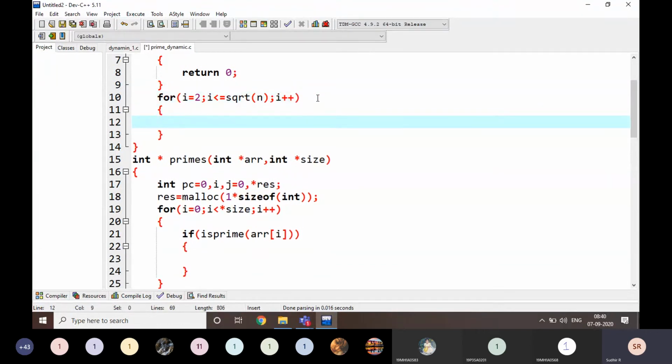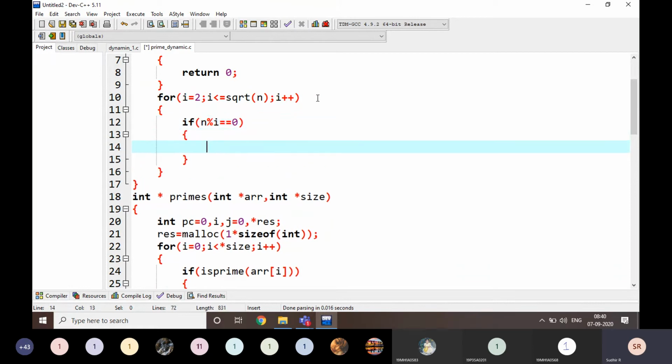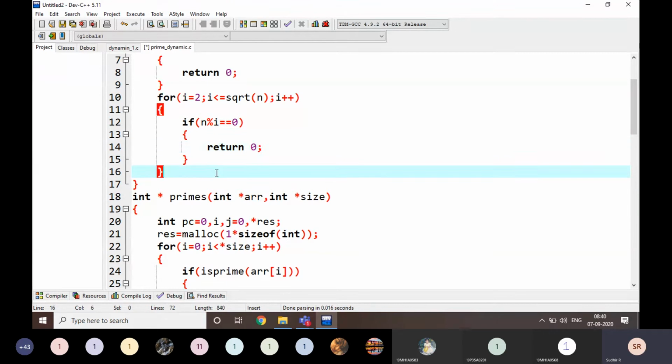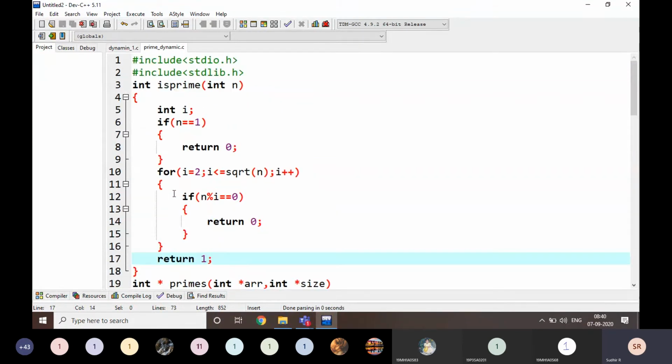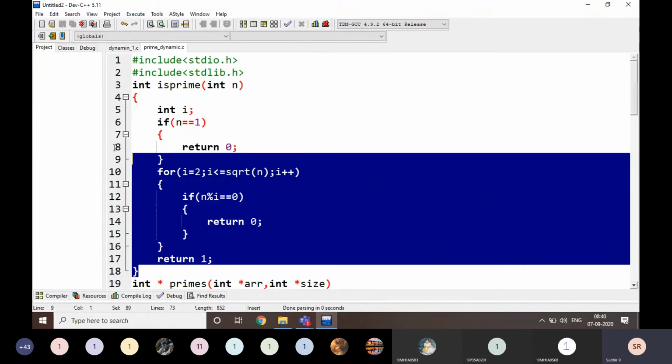The same syntax here. For example, if n mod i is equal to 0, then we are going to return 0, else return 1. That's it. This is the prime functionality which was already discussed in the previous classes, right?